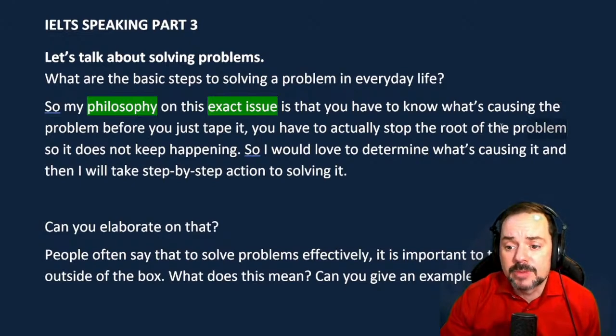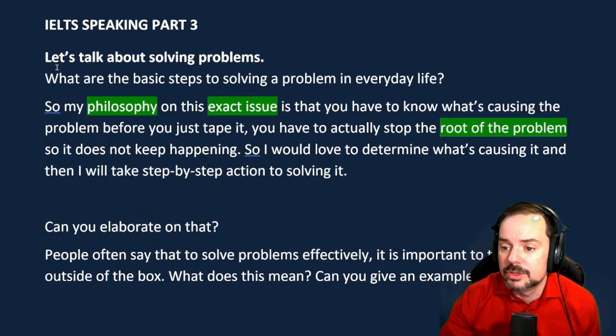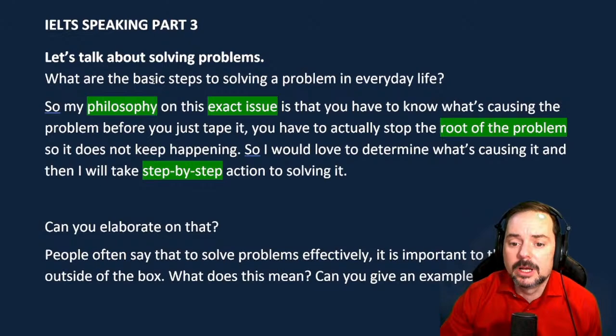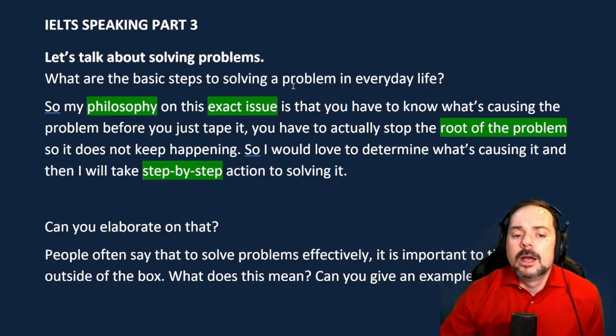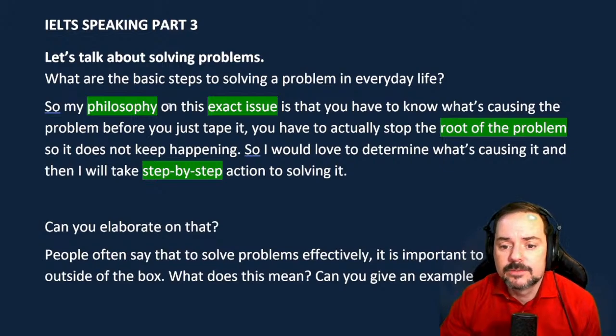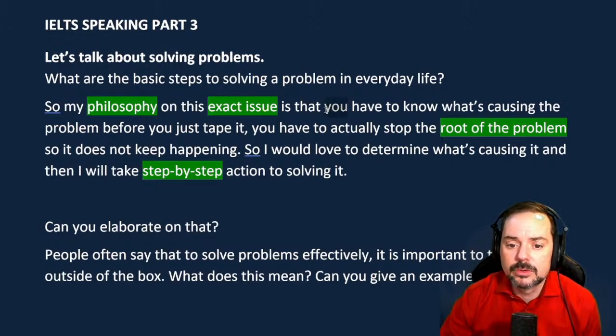And you had a nice expression here that was, I think, very accurate in the context, which is "root of the problem." You used good natural language here as well, "step by step," to stopping it. So definitely good vocabulary, good fluency. Now, my issue, first of all, is with your voice of speech. Okay, so your first voice of speech is second person. So you started by speaking directly to me.